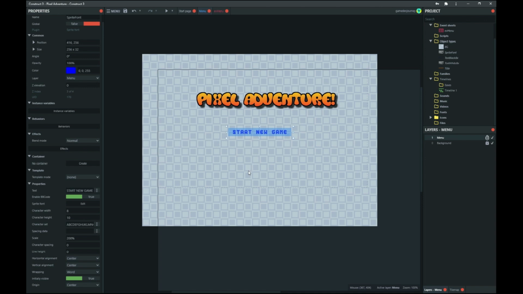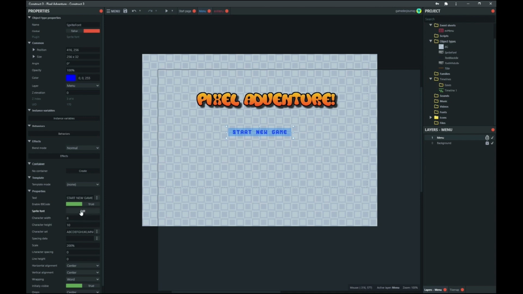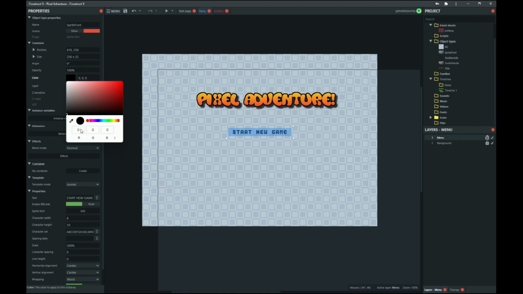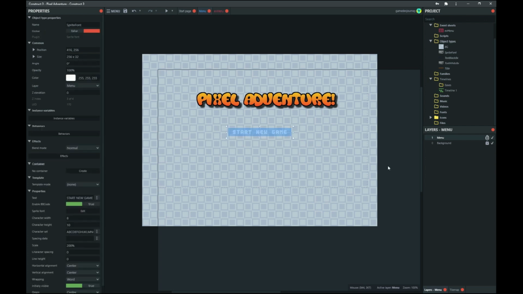So there we go, start new game, and we want it in white. So let's just change the color here to white, everything on for white. And there we have it. Now, what I want to do is make it look like there's a shadow behind this text. So we're going to use the black text to give it that effect of a shadow behind it. Okay, so we're gonna insert